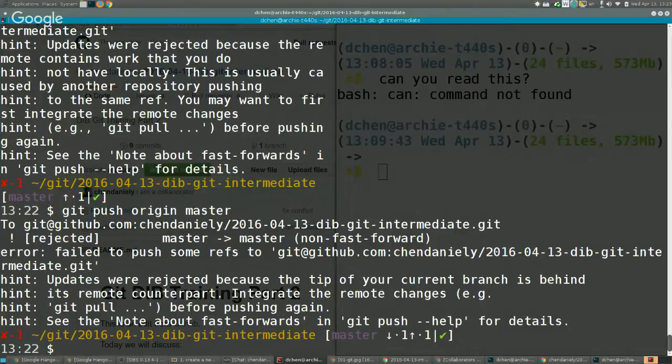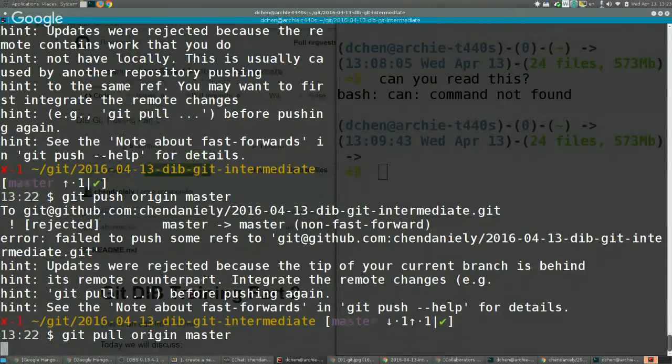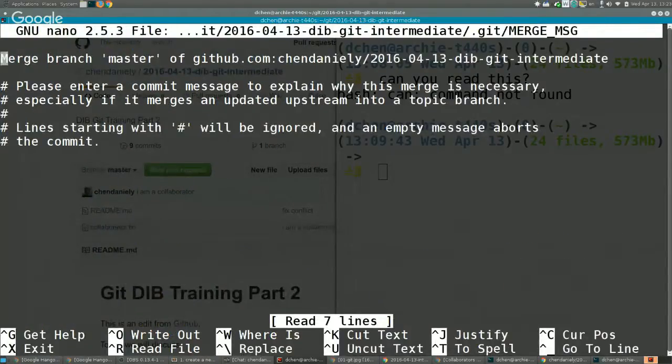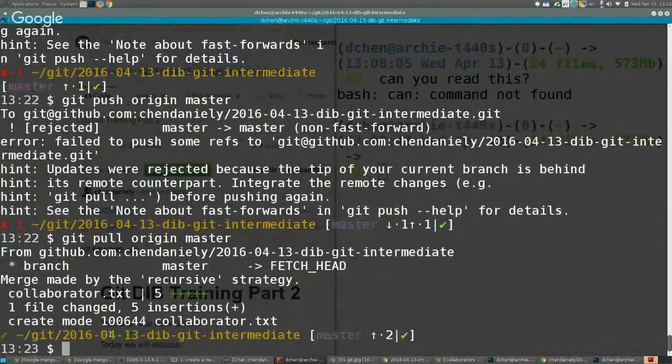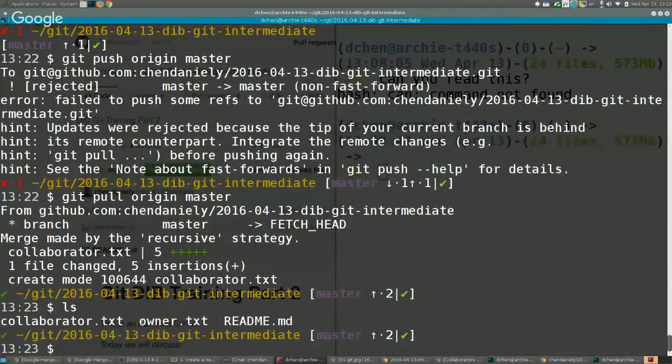The version on your computer is going to be out of sync from the version on GitHub, but that's okay. Earlier today, I showed you how you can deal with this. So git pull origin master is going to say, hey, there was an actual change there, and we want to keep a record of that. That's fine. And it pulled down this collaborator text. So if I look at what's in here, I have the original owner text that I made, and the collaborator text came down. And now I can push